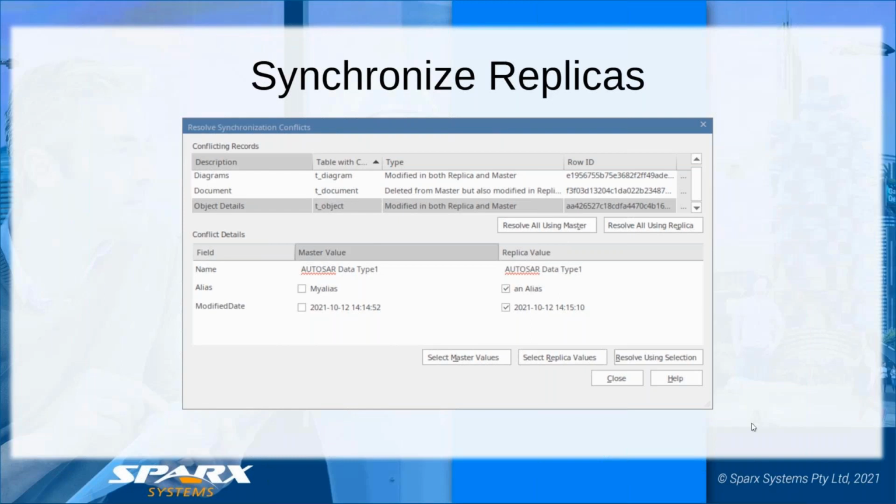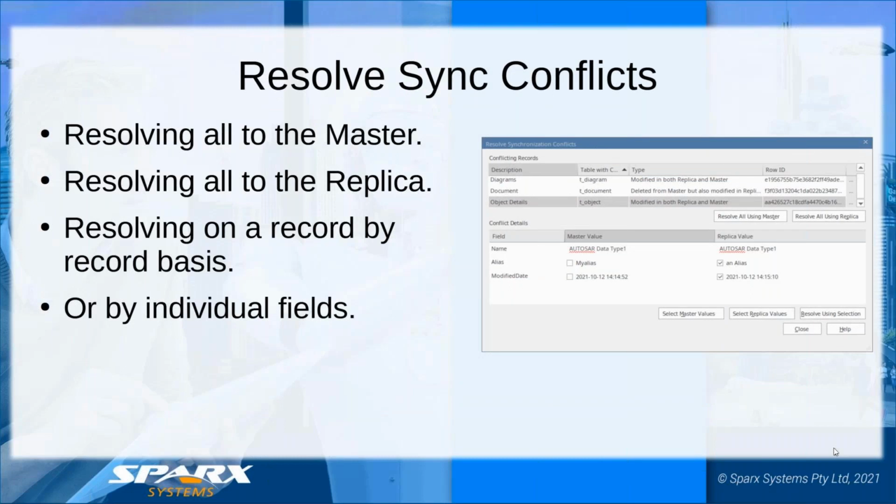So the synchronization process is relatively easy, and you can see that there's details such as the alias and the value, and you can compare the values and you can compare the modification dates, so you know when changes were made and what those changes were, which allows you to take the information from your replica and merge it back in. Now, obviously with Pro Cloud Server, all of the replication and all of that management is taken care of, but there are some customers that like to have replication supported in their databases.